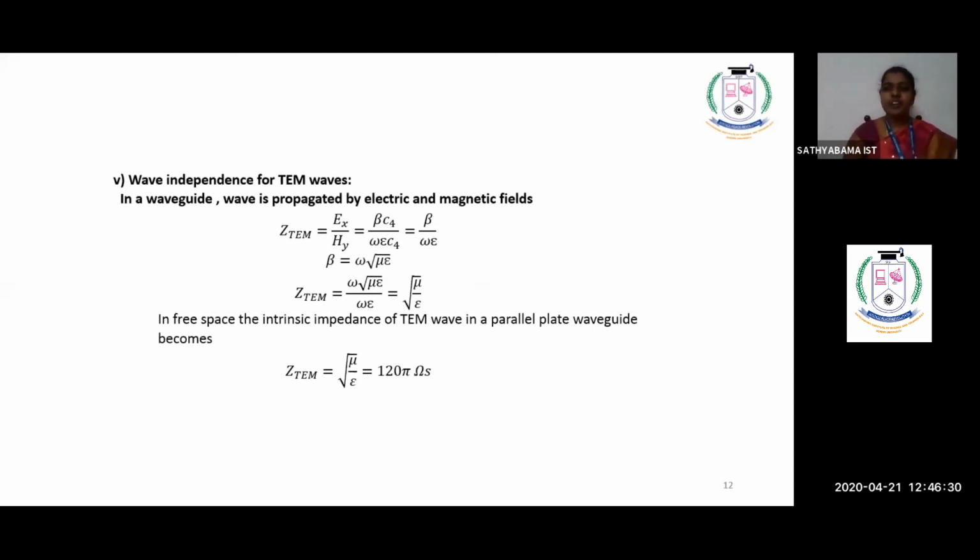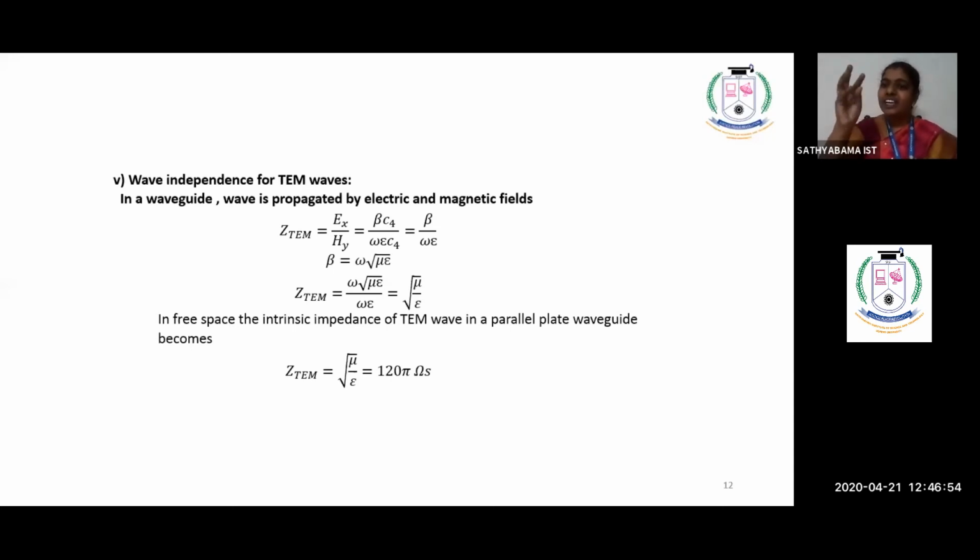If I ask you what is impedance, you will tell me, ma'am, that is the ratio of the voltage to current at any point on a transmission line or a medium. So in terms of communication in electronic circuits, we used to say impedance is equal to V by I. But when you're talking in terms of the waveguide, what is your wave impedance? We call it as wave impedance. V by I. What is the V?